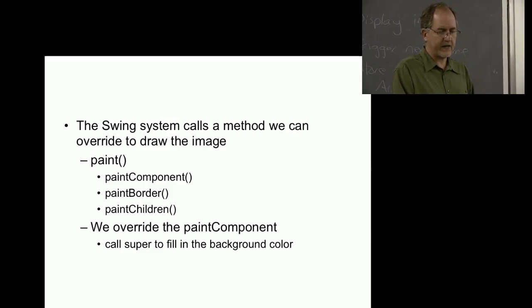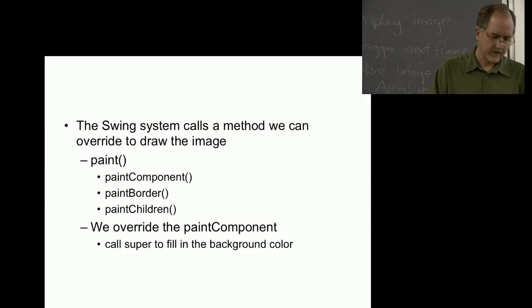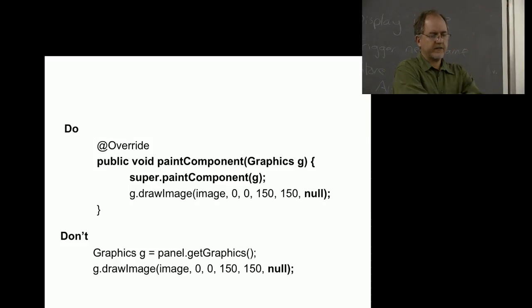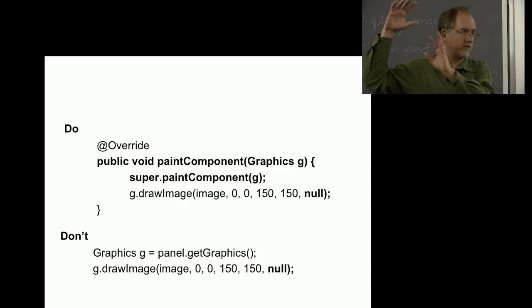And we're going to override the paint component to add in color or images onto our component. All right, so we're going to give it a new behavior inside paint component so that it will draw what we want it to draw in there. Now, this is a little bit of a confusing system because somewhere in your code you say repaint, or that happens automatically from resizing or something like that. And then all these mysterious things happen that are inside the Swing GUI system. Paint, paint background, paint